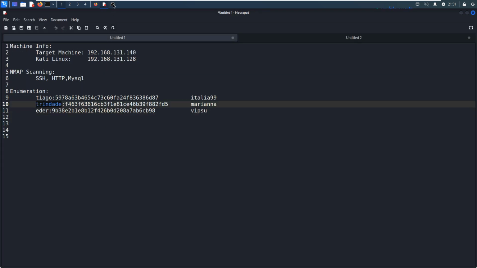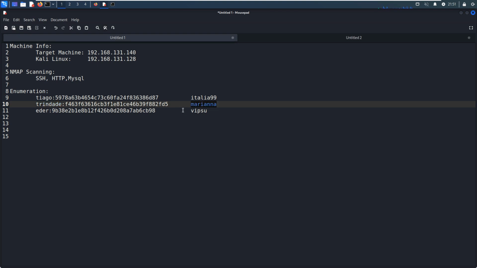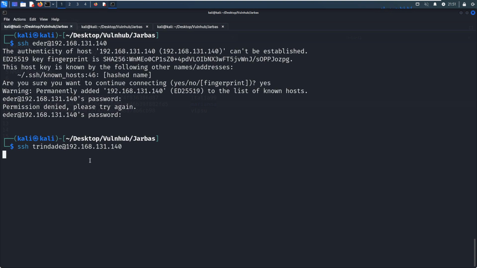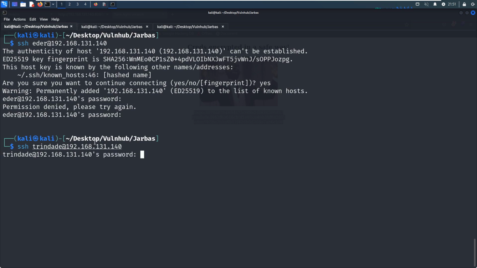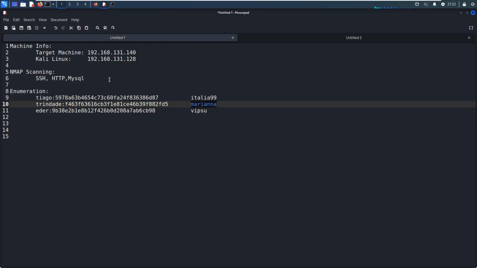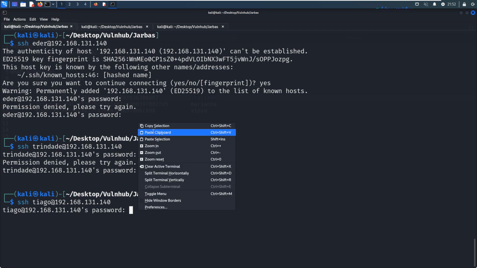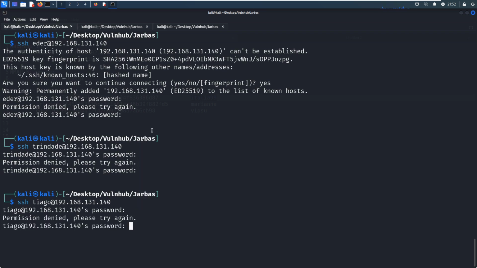We can copy its password to try. Doesn't work either. So all of them do not work.